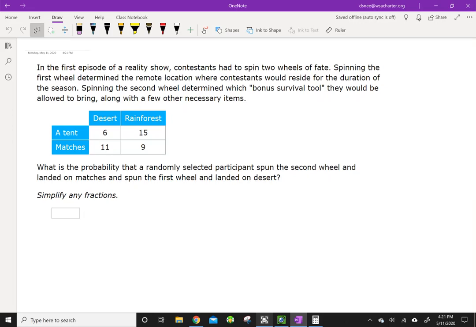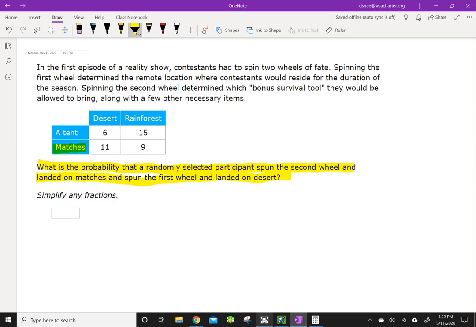Okay, I'm not even going to read the scenario. I'm just going to read the question. It says, what is the probability that a randomly selected participant spun the second wheel and landed on matches and the first wheel and landed on desert? So they spun 2 wheels to get 2 different things. And we want to find when they spun one and landed on matches. All right, so we want to find where matches